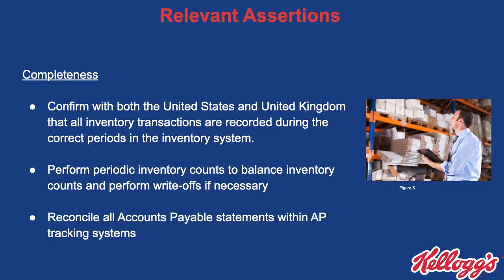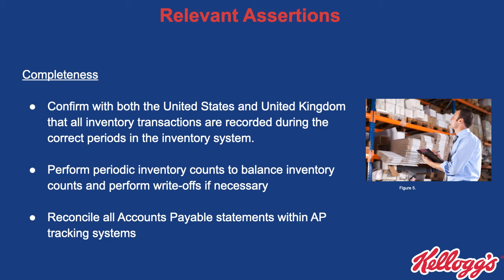Now, we wanted to discuss the relevant assertions. Now, you might be asking, what is that? Well, quite simply, relevant assertions are any assertions that have a meaningful bearing on whether a financial statement account is fairly stated. And so one assertion is completeness, and this is completely relevant when it comes to Kellogg. Why? Because completeness basically asks, are all transactions and accounts that should be included in the financial statements included? And so here's why we have to be aware of that. It's because